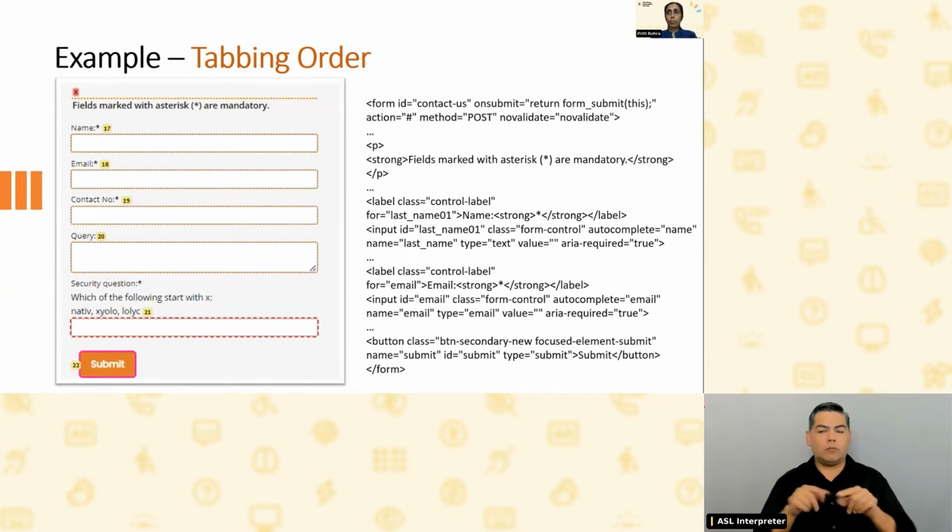Now, all of them have a different interaction pattern. These interaction patterns are standard. And when you look at the ARIA specifications, they have all these interaction patterns defined for different types of interactions, all the standard ones as well as the custom components. When we are looking for keyboard operability, we need to ensure that all the elements are accessible.